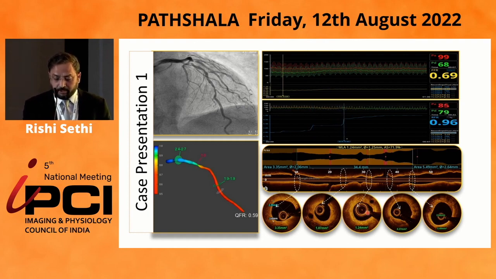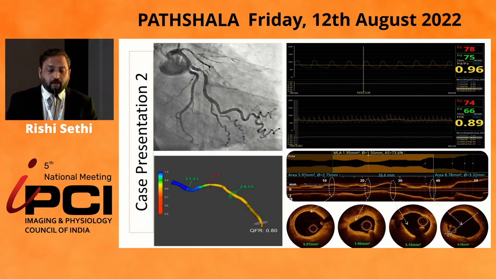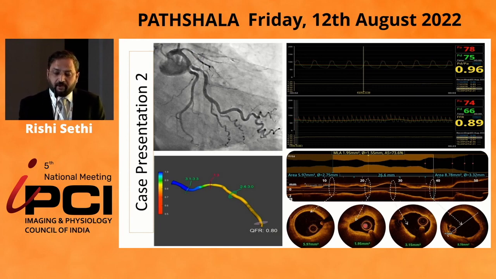But this is an interesting case of an acute coronary syndrome in the LAD, totally occluded around 7 days back, and this was a residual disease in the circumflex. Visibly, the circumflex looks like a significant lesion. The MLA on OCT is 1.95, which also looks significant, but we found that the FFR values were negative, and the QFR values were also negative. That goes on to show that it's not just the MLA, it's the area under supply, it's the nature of the myocardium. Everything combines to give us a whole degree of information and not just a simple MLA